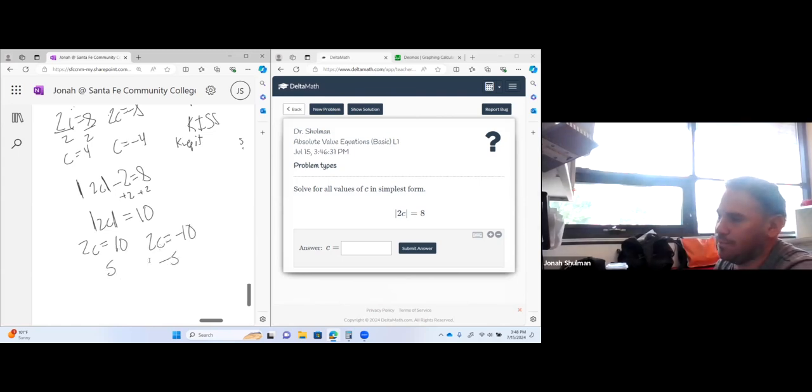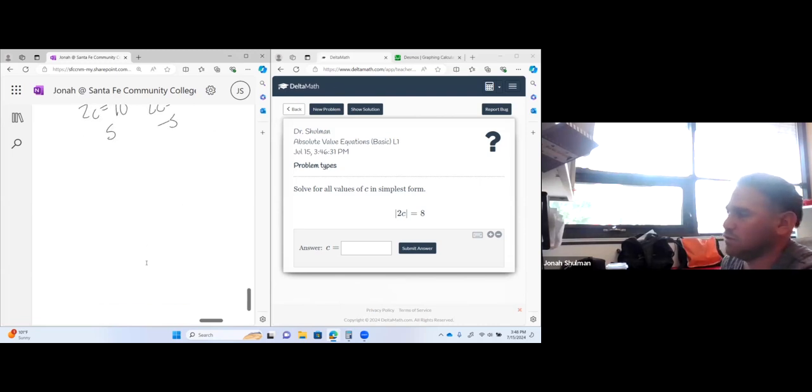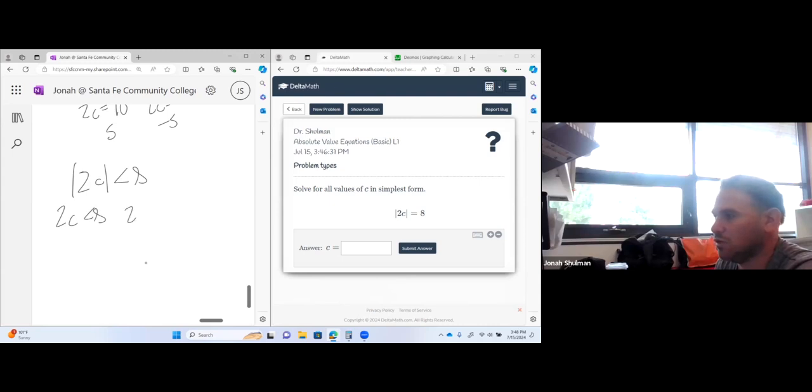One more. So now if we have 2c is less than 8. So the first one we keep it. Now the second one, we're going to switch the sign. It's switch, switch. This is the keep it. This is your switch, switch. So it's not just as greater than 8, it's greater than negative 8. And so this is going to be C is greater than 4, and C is going to be less than